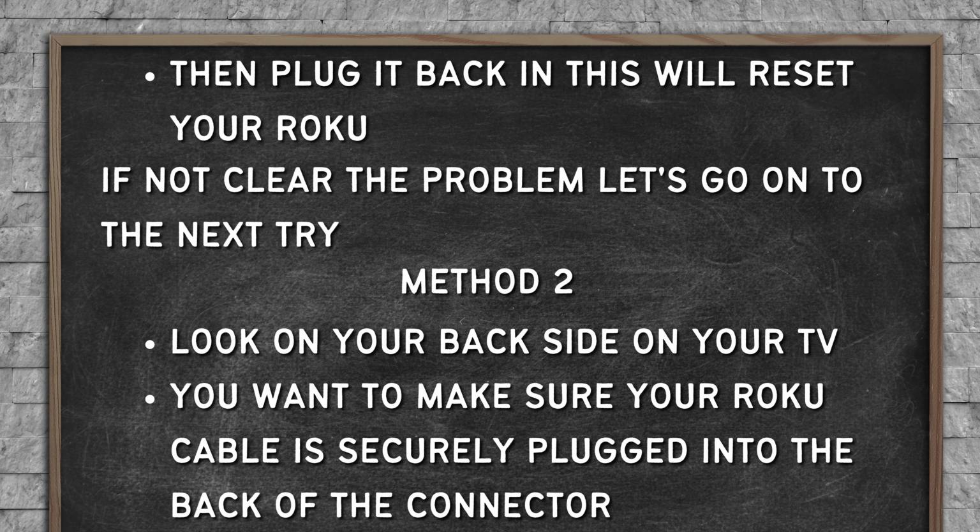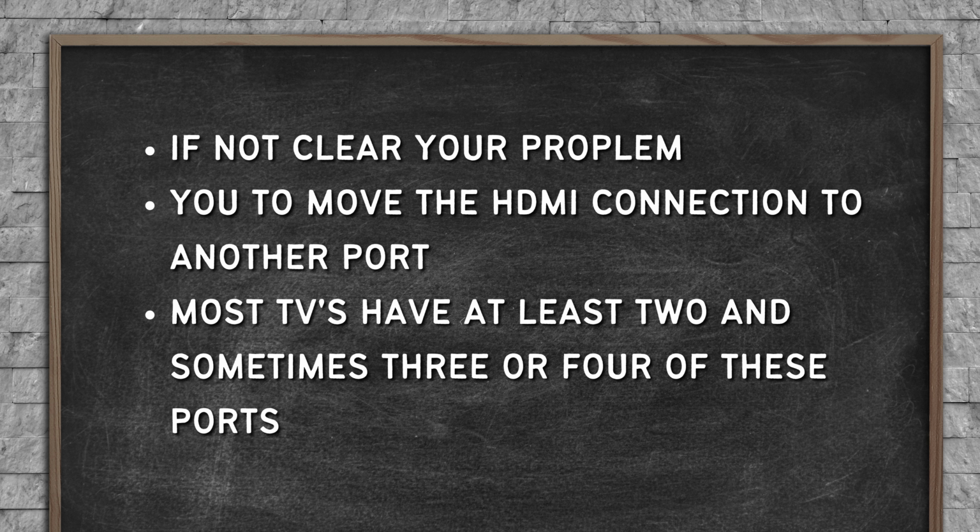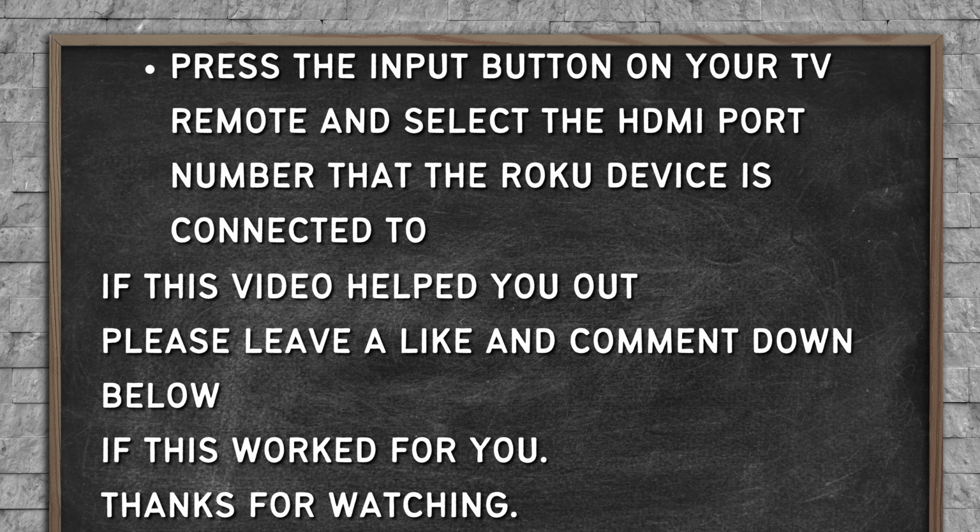Method 2. Look on the backside of your TV. You want to make sure your Roku cable is securely plugged into the back connector. If that does not clear your problem, move the HDMI connection to another port. Most TVs have at least 2 and sometimes 3 or 4 of these ports. Press the input button on your TV remote and then select the HDMI port number that the Roku device is